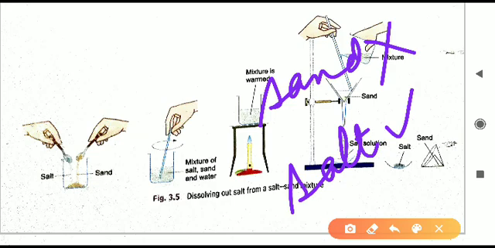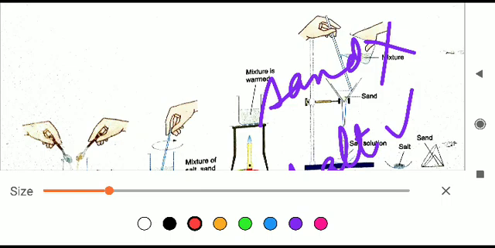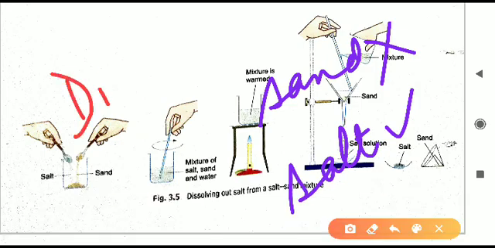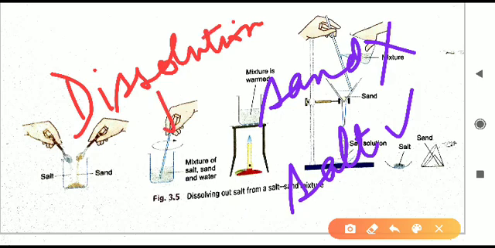Salt you can try at home also. If you take some salt and try to dissolve it in water, you will easily be able to dissolve it. Salt will easily dissolve in water. So when we take salt and sand and put them in water, one thing, that is salt, will dissolve in water. So till here the process is called dissolution. The first part of this process is complete. In simple words we can say dissolving.